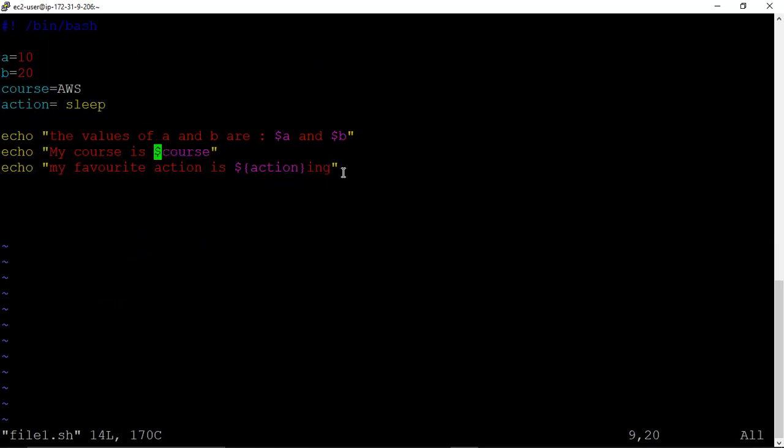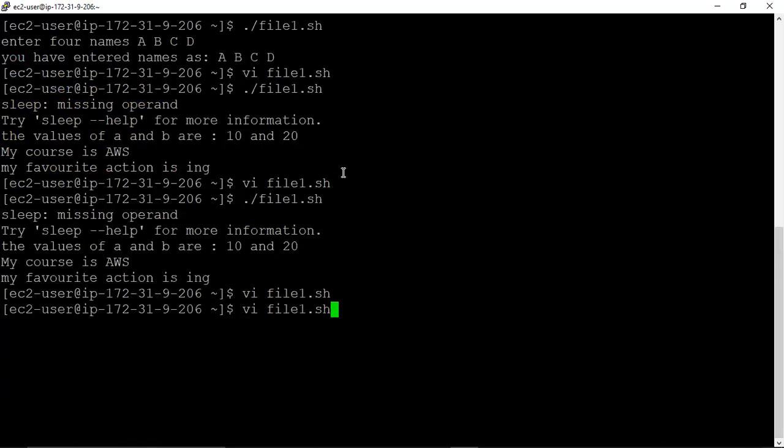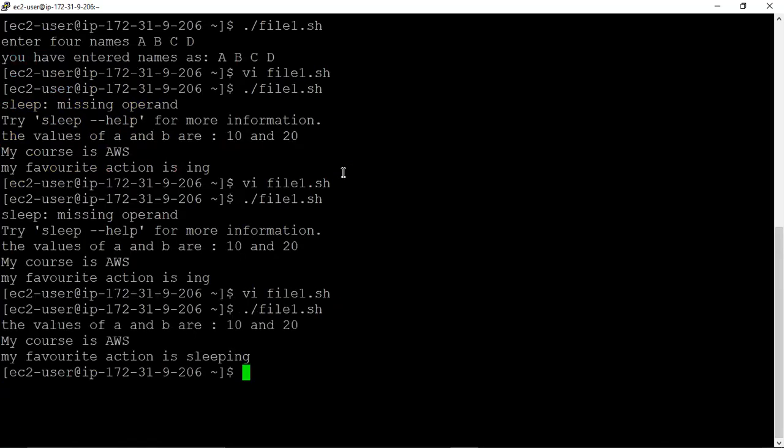Yes, while defining a variable we cannot put a space. Now it is okay, students.